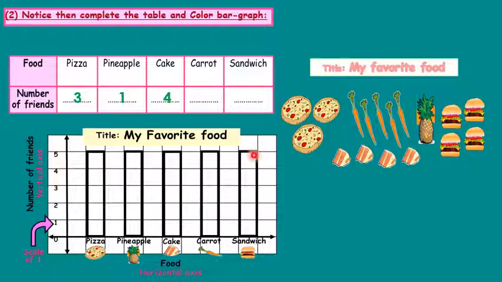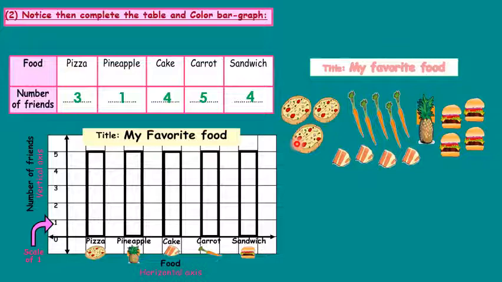How many carrots do I have here? 1, 2, 3, 4, and 5. So here I will write 5. How many sandwiches do I have here? 1, 2, 3, and 4. So I will write 4. Then we finish